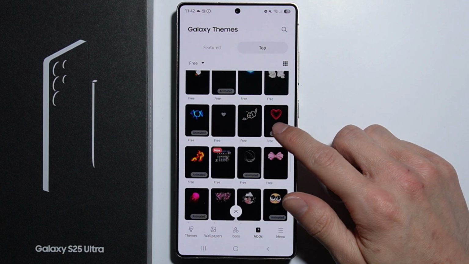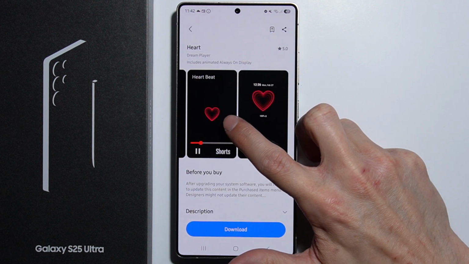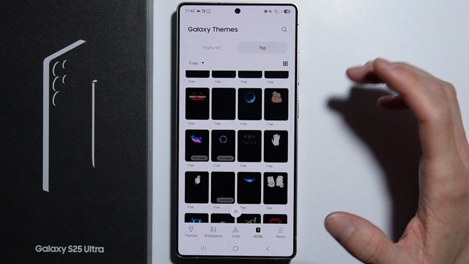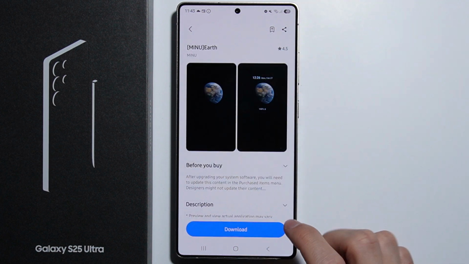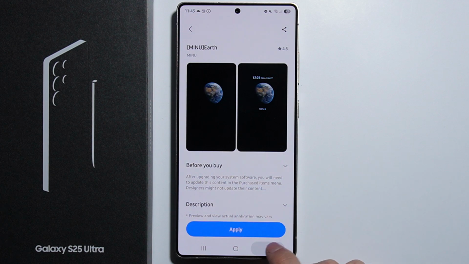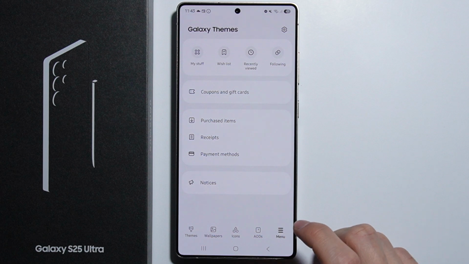Some of them are animated, as you can see, and here we have the preview of this animated always on display. But basically if you like some of these always on display, you simply press on this one, press download, and after the download is complete, you can find all the AODs in the menu tab, my